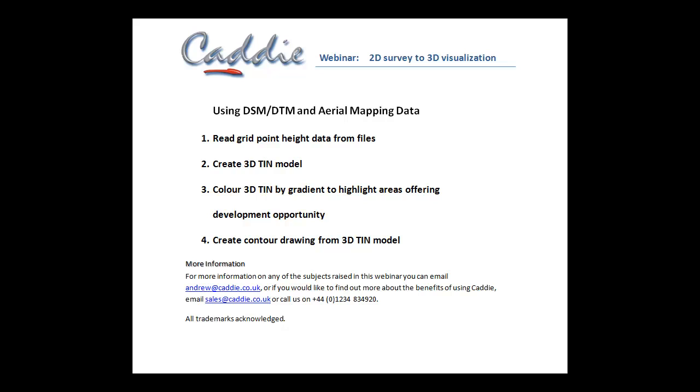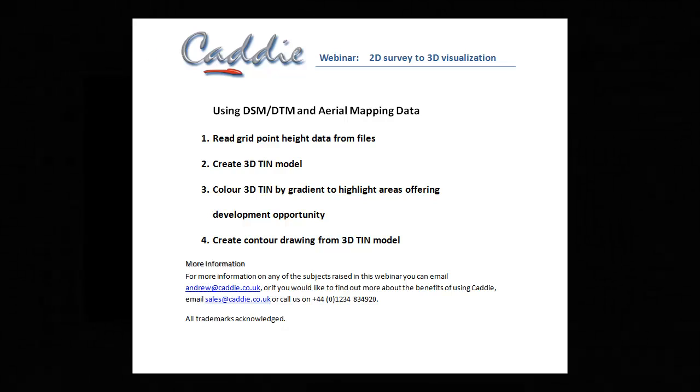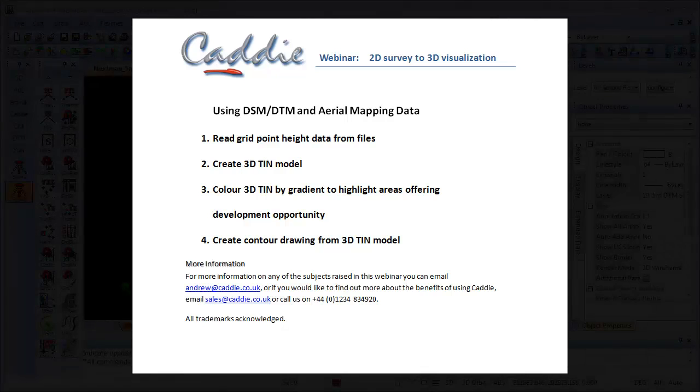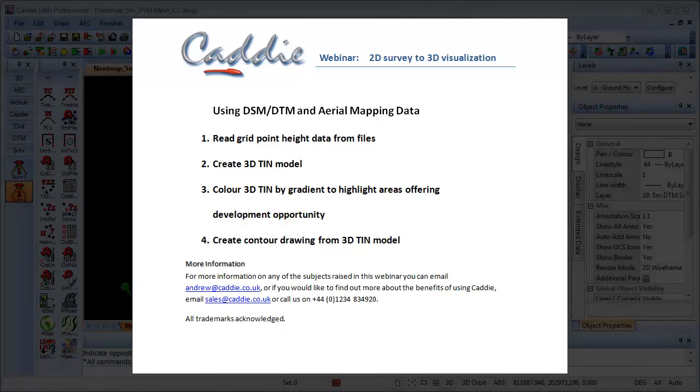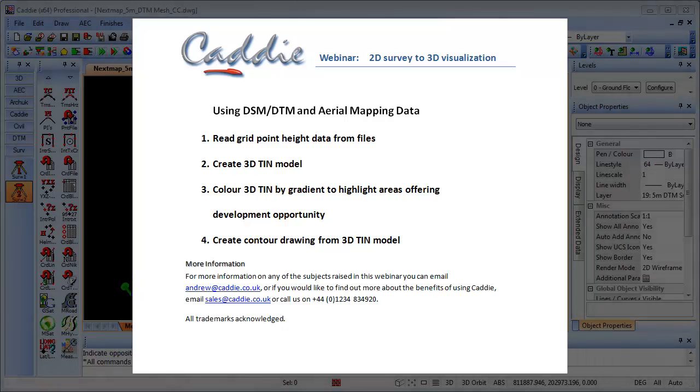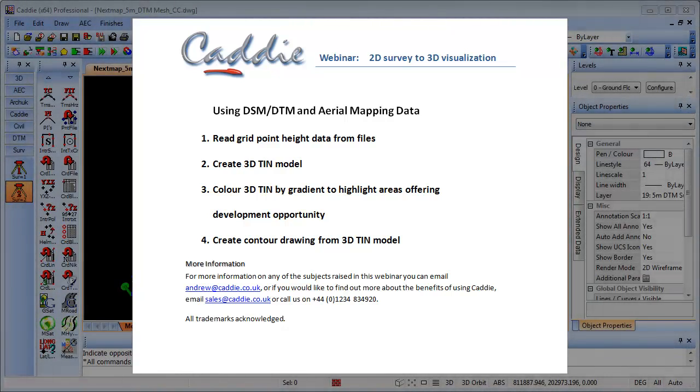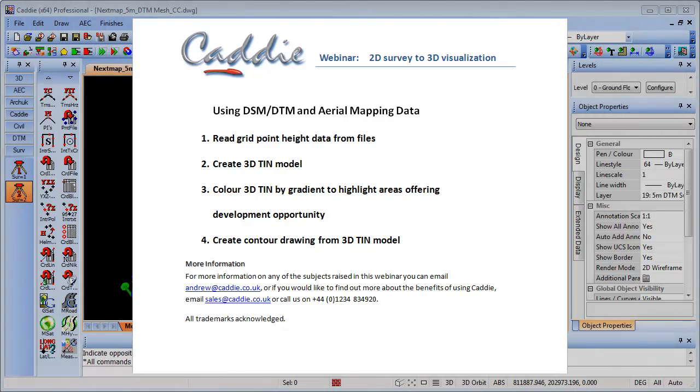We can literally bring that information straight in, plotting it within our drawings, and then taking it on to create 3D tin models. We can actually colour those tin models by gradient, so we can explore maybe which areas of our site are best for development, or maybe potential problem or opportunity areas. And then we can also introduce contours, so actually create contours fully labelled up on our drawings, again direct from the tools